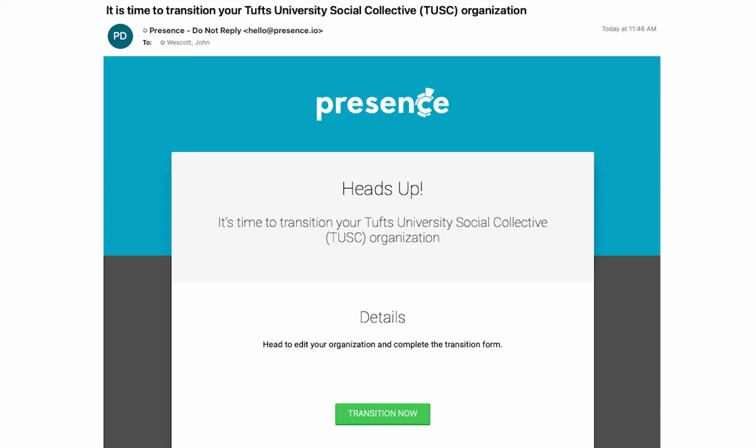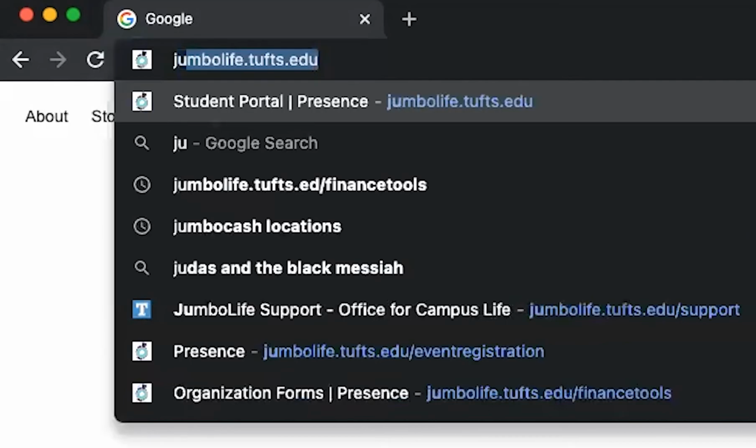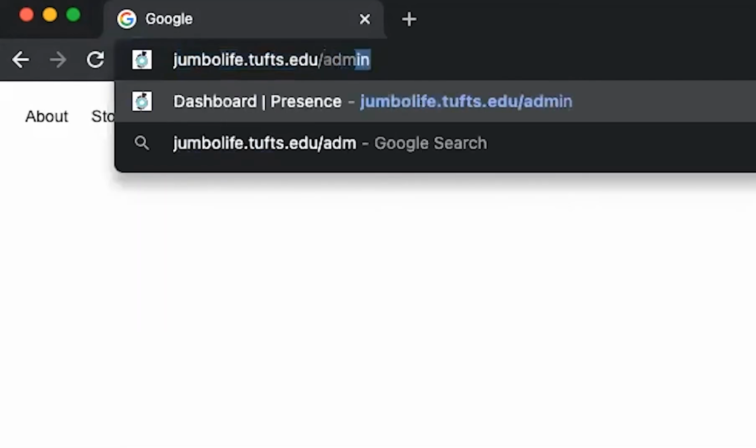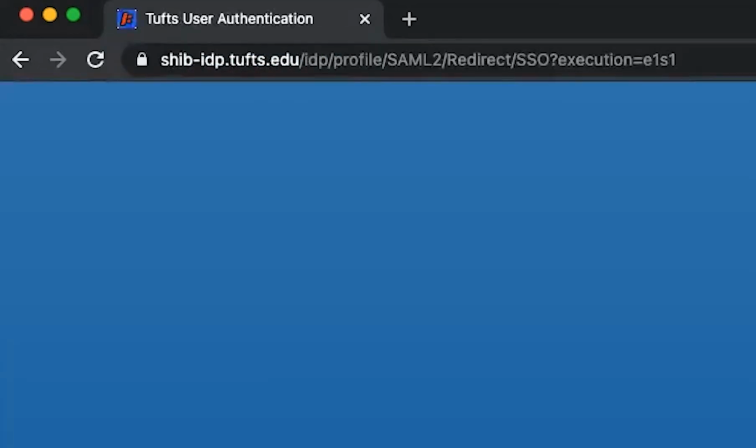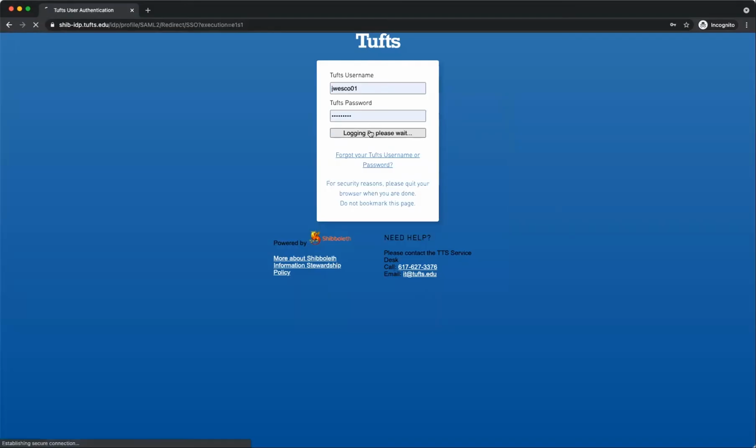When you receive the notification from the Office for Campus Life, there will be a button in the email to go in and complete your transition. The email will come from hello@presence.io. However, the easiest way to complete your transition will be to head over to jumbolife.tufts.edu/admin. You will be prompted to log in using your Tufts single sign-on, and you will be taken to the